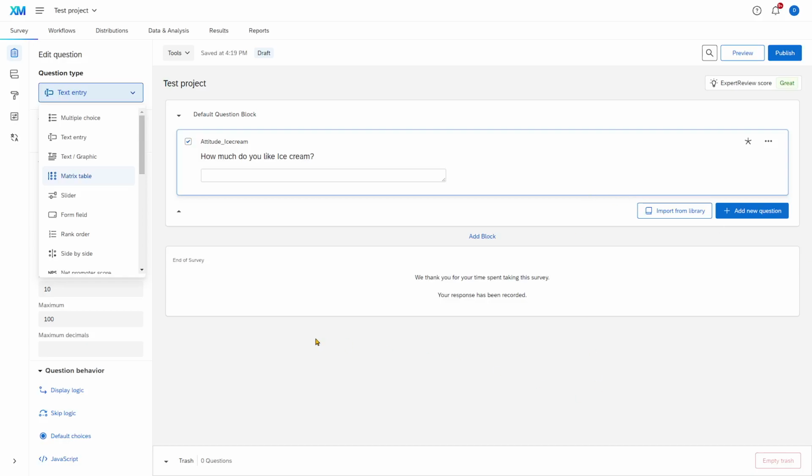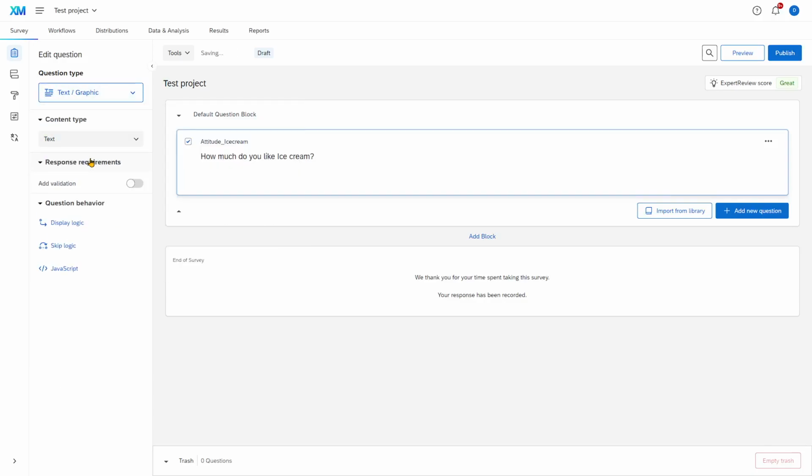The next type of question that is possible in Qualtrics is the text or graphic question. If I click here, text, what you will see is that there is no more question here. The thing is that even a text block for an instruction is counted in Qualtrics as a question. So if you want to add instructions to your questionnaire, you need to create a question and then